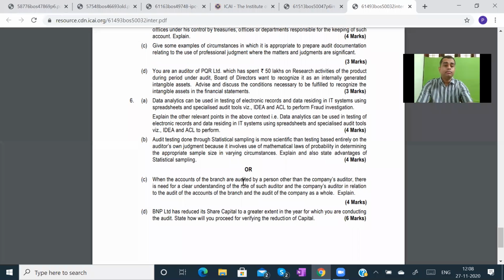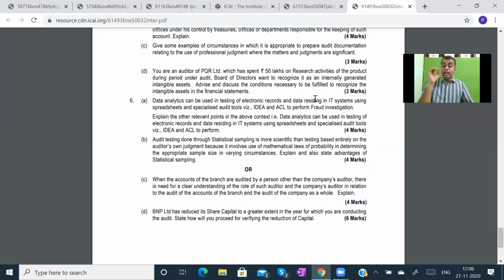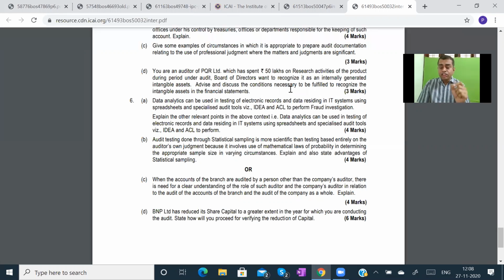Read D point. You are an auditor of PQR Limited, which has spent rupees 50 lakhs on research activities of the product during the period under audit. The Board of Directors wants to recognize it as an internally generated intangible asset. Advise and discuss the conditions necessary to be fulfilled to recognize the intangible asset in the financial statements. Super. Simple answer. According to AS 26 Intangible Assets, in case of internally generated intangible assets other than goodwill, the